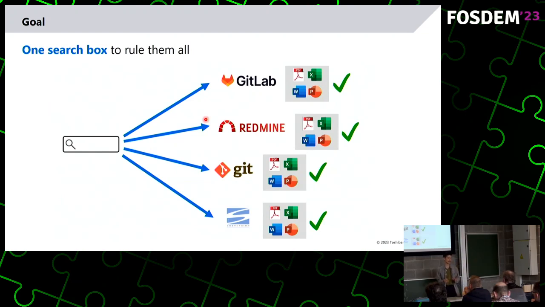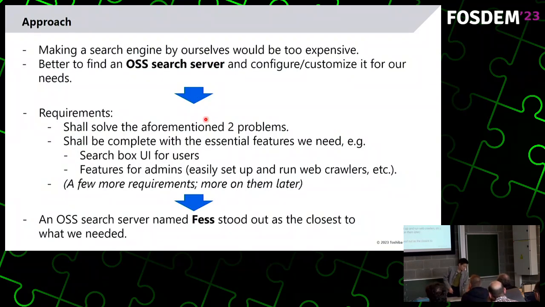So what all of this leads to is that ideally, what we want is a single search box that, given a query, searches all the places, no matter where the documents are and what the formats are. So that's what we are going for. However, this is going to be a daunting task, because such a tool would have to not only solve the two problems that I talked about, but would have to come with all the essential features, both on the user side and on the admin side. That is, we have to be able to easily set up crawlers and run them and maintain them easily. But there is a tool specifically designed for this task, and the name of the tool